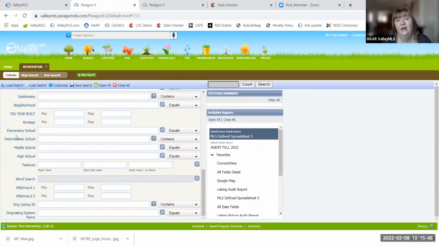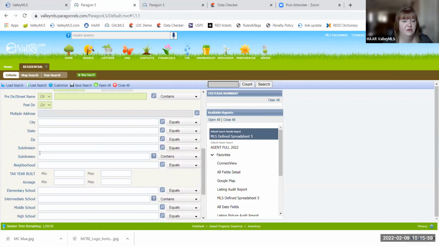And because of the way their subdivisions and their schools map, we have had to create different search fields so that you guys can see each other's listings in a meaningful way. So I'm actually going to scroll up just to this subdivision field and show you. It's the same thing with schools now that you'll see here. So you probably only have one subdivision field on your search. I don't know which one you have, but what I can tell you is that for a long time, the only one that existed was the subdivision where it says equals at the end, and you can change to not equal to.